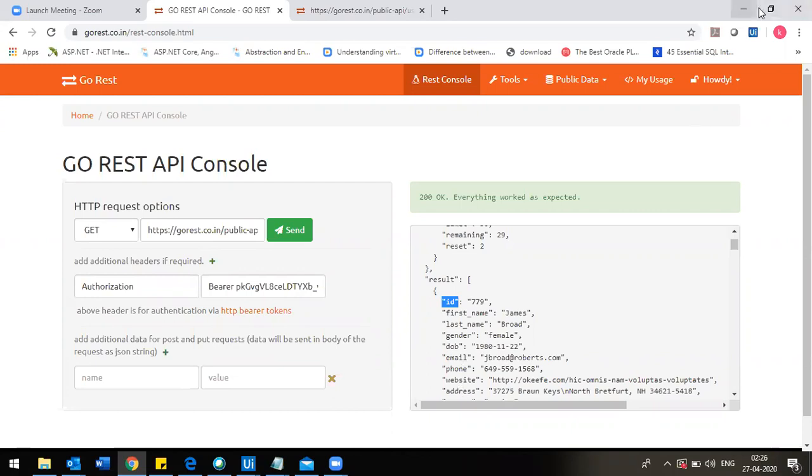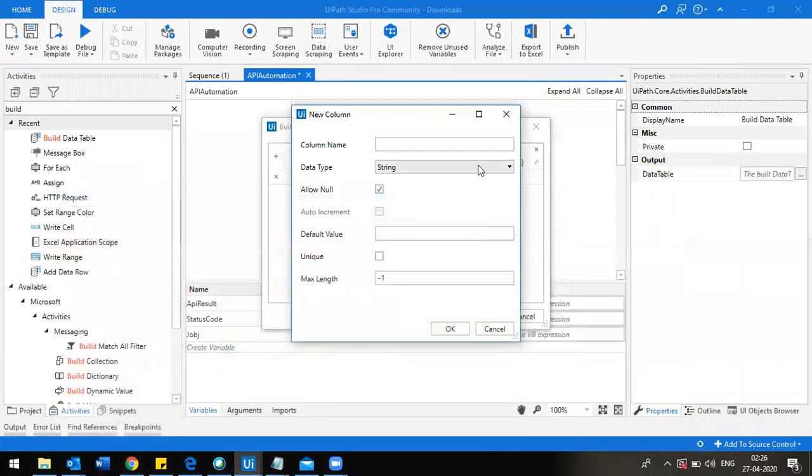These are sufficient for me. If you want to add more, you can keep on adding and extracting the information.